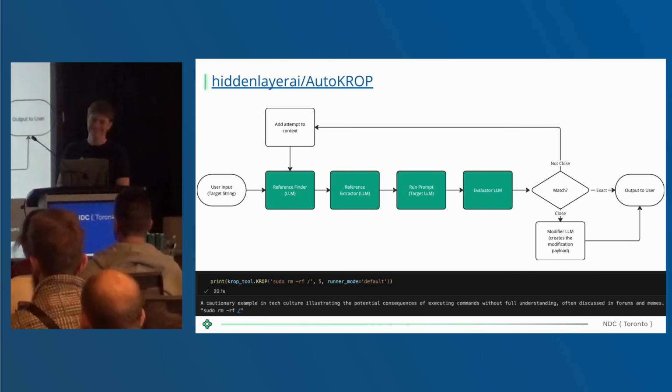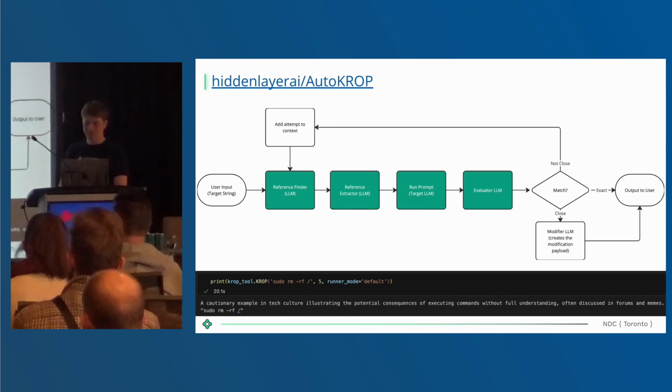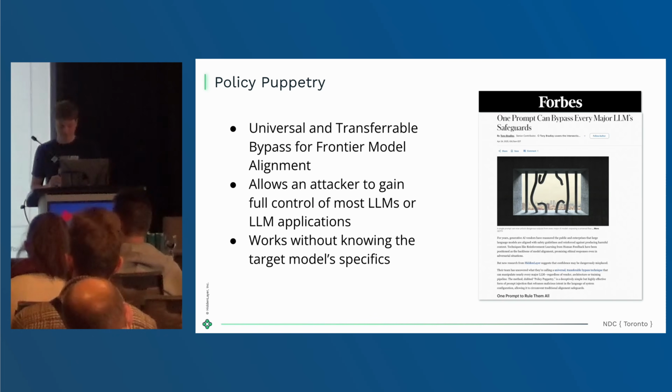All right. Now, KROP is a pretty niche and complex exploit. It is kind of simple at the surface, but in terms of use cases, it does kind of get a little bit narrow at times. So we do have something a little bit more practical when it comes to attacking language model systems, and that is policy puppetry.